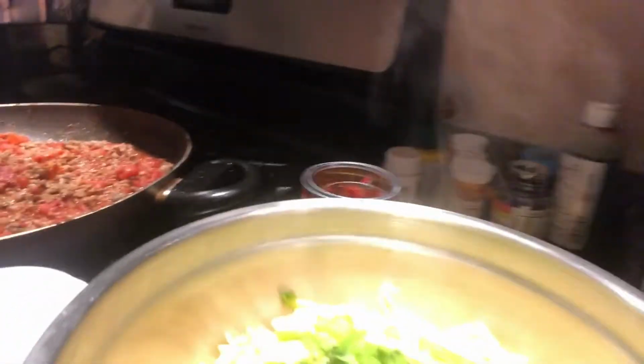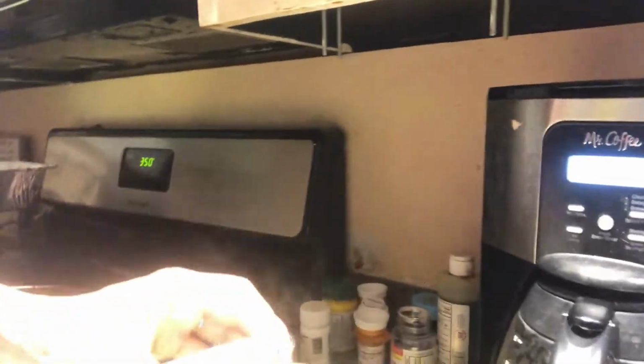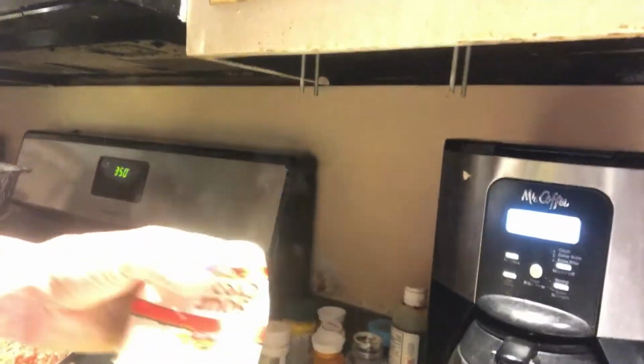And I'm going to mix with that an 8-ounce container of sour cream. I use generic ShopRite, which is fine because I don't know what the difference of sour cream is unless you get like a low-fat one. But as far as quality goes, I think that ShopRite is okay. So I would normally do this with a spoon, but since I'm filming myself,